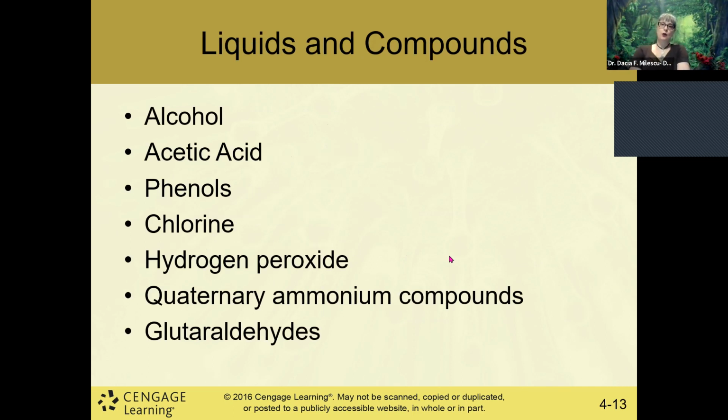All right, now let's go over liquids and compounds. We have alcohol, acetic acid, phenol, chlorine, hydrogen peroxide, quaternary ammonium compounds, and glutaraldehydes. So obviously the go-to at home, very easy to get and very cheap, is alcohol. So is hydrogen peroxide. Be aware, hydrogen peroxide is pretty caustic, so you don't want to use it on wounds